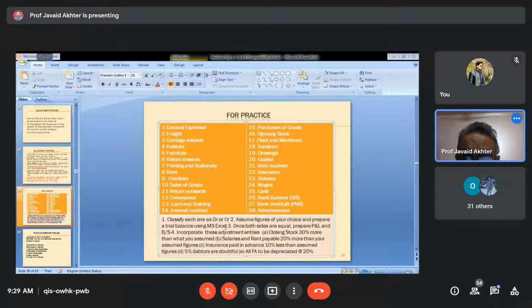Why I am asking you to prepare in MS Excel: you will record debit in one column and credit in another column. When you total it, you should see that both sides should be equal. So when you have assumed certain figures, you can easily make the adjustments in the figures so that both sides are equal. This is one reason of asking you to do it in Excel, not in MS Word. Second, I could have provided some data to you. I could have written some figures. Why I am asking you to assume these figures?